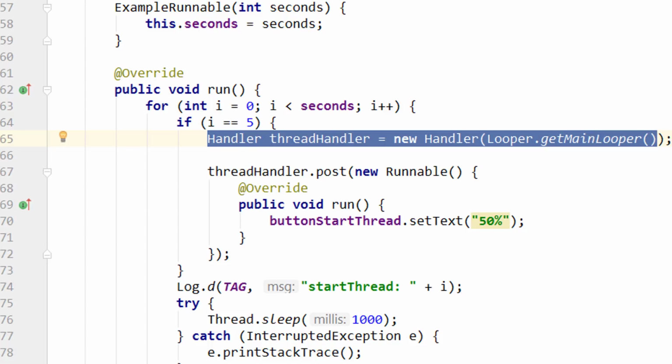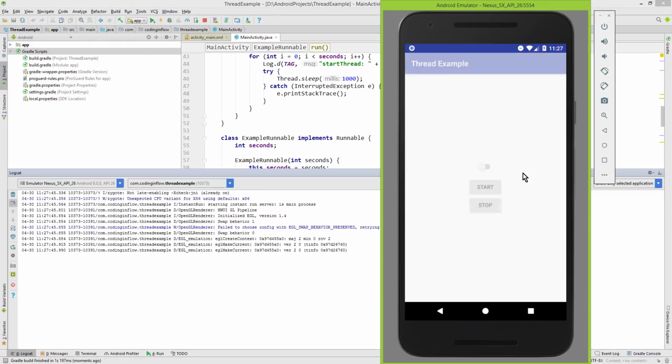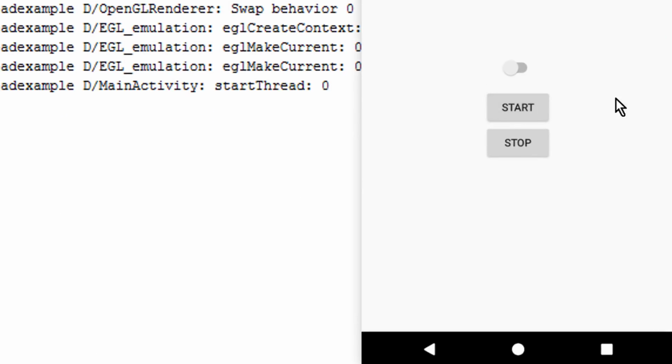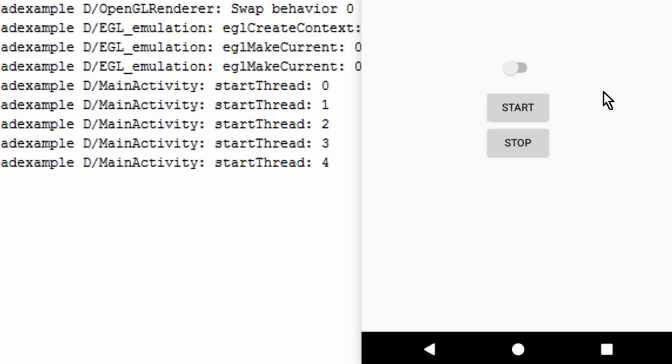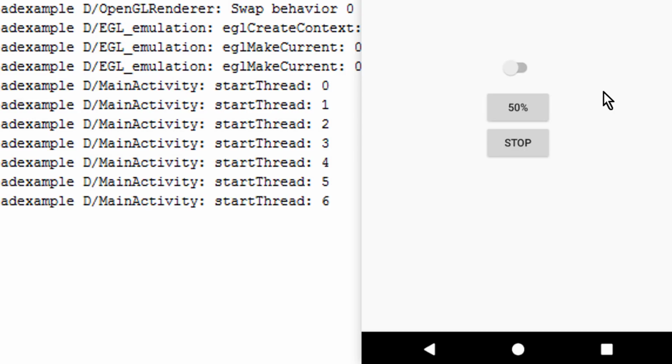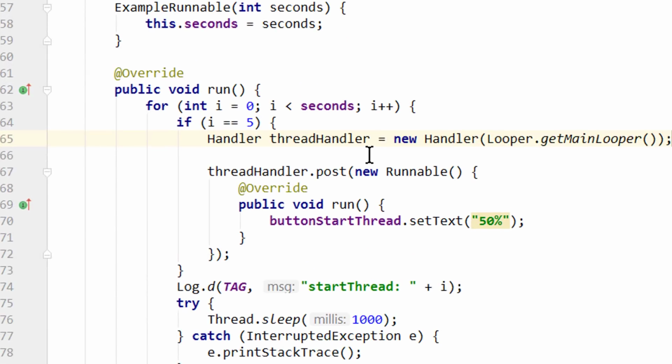So let's run it again. Now it should not crash. Start. And at 5 our button should change again. And this works. But of course there is a more convenient way to do this, so you don't have to